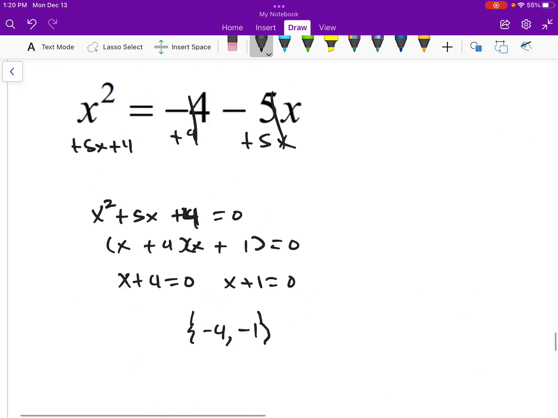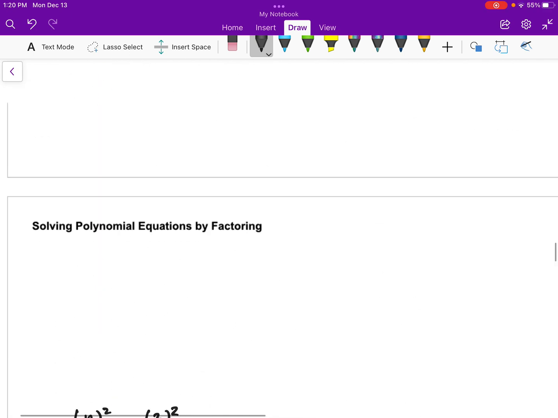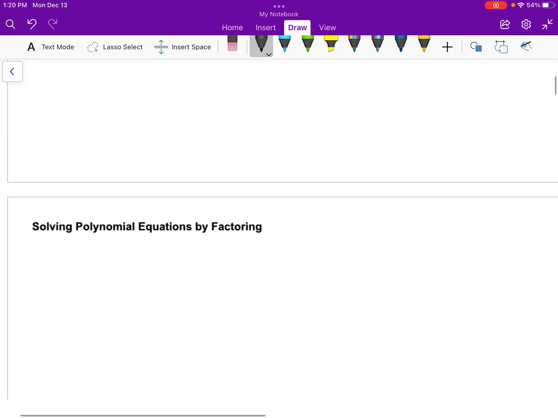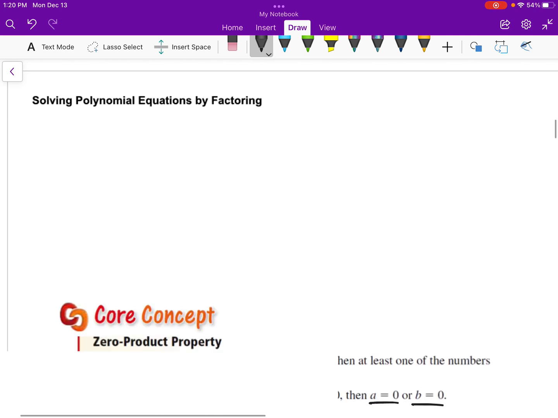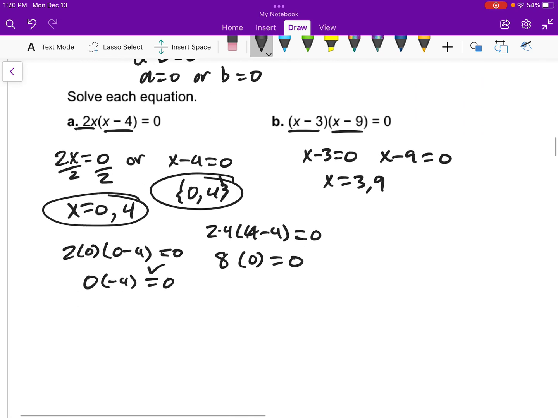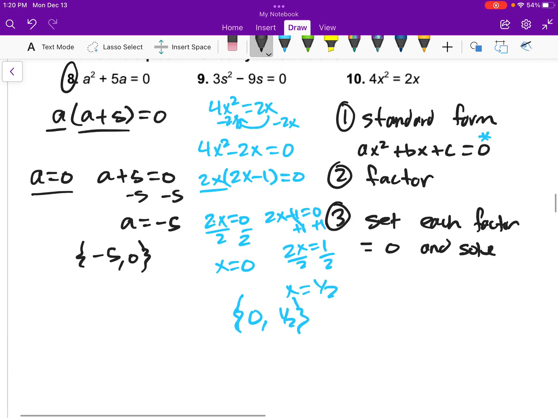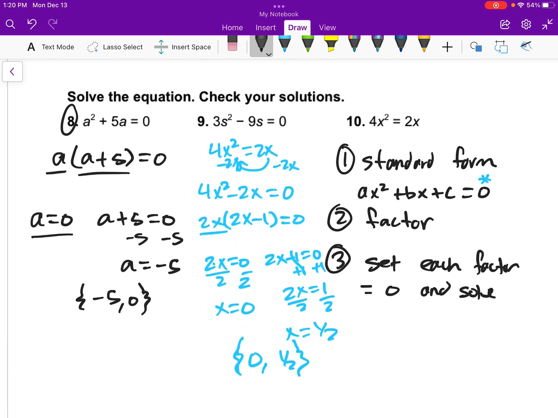Okay, so if we go way back up there to our steps, those are the steps we're going to follow, right? Somewhere up here. Whoops, went too far. Oh, there they are, sorry. So number 1, get it in that standard form. Number 2 is the factor, and this usually is where you're going to spend most of your time. Lucky for us, we're really good at factoring, right? We've practiced that a lot. Okay, then the last step is you set each of the factors equal to 0 and you solve from there. Okay? And that's how you solve